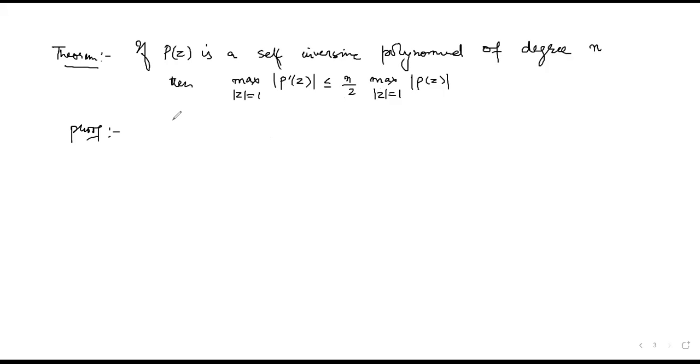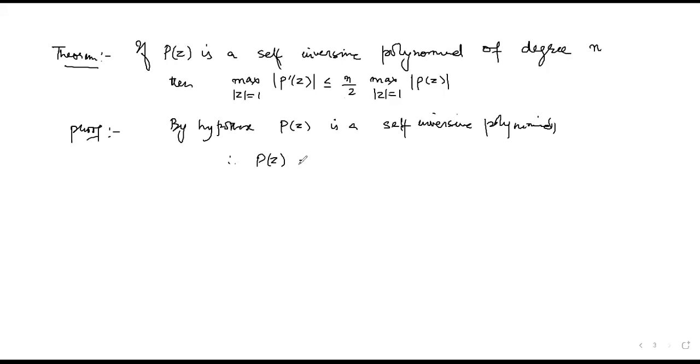By hypothesis, p(z) is a self-inversive polynomial. Therefore, p of z can be written as u times z raised to the power n into p of 1 by z bar, whole bar, over the polynomial. Let's call it 1, where modulus of u is equal to 1. If you differentiate both